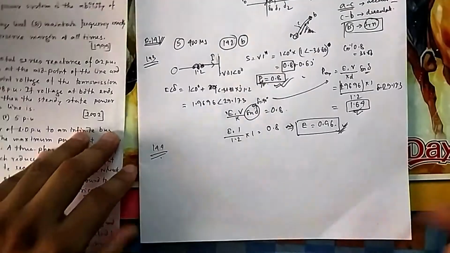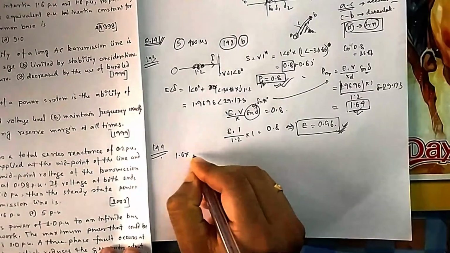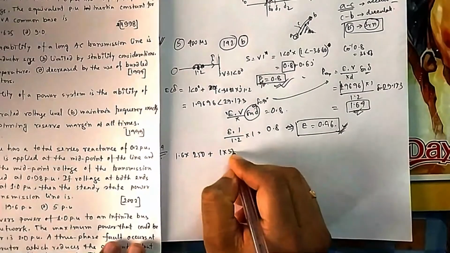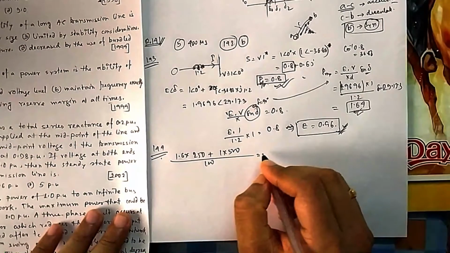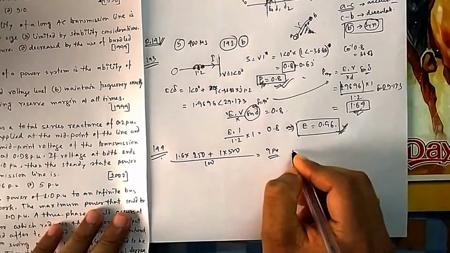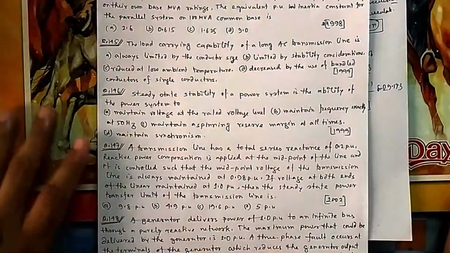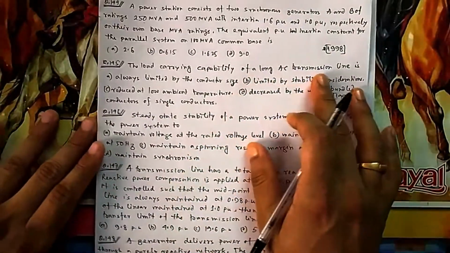So you have solved this type of questions before also. So the first one, inertia is 1.6 per unit on the basis of 250. Second one is 1 into 500 divided by 100. So if you do this one, it is 9 per unit. That is option D. Next, if you come to 145, the load carrying capability of a long AC transmission line